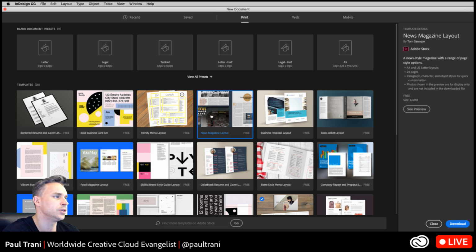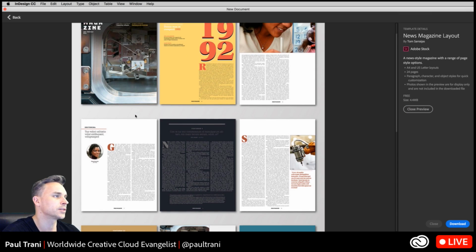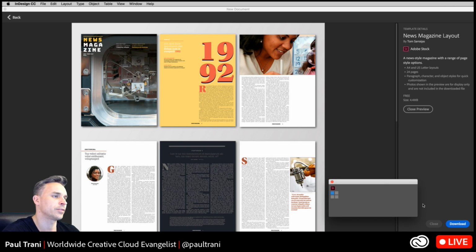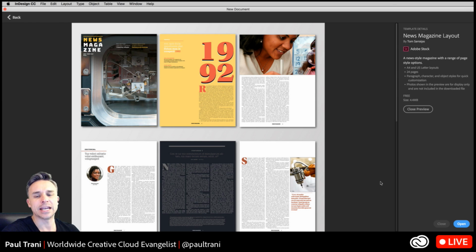So you can check out this news magazine layout, see a preview of it, right? This looks pretty cool. This might be a good place to start. And honestly, I think this is a great way to learn InDesign, is just check out a template, download it after you've previewed it, and you can dive right into dealing with it and editing it yourself.